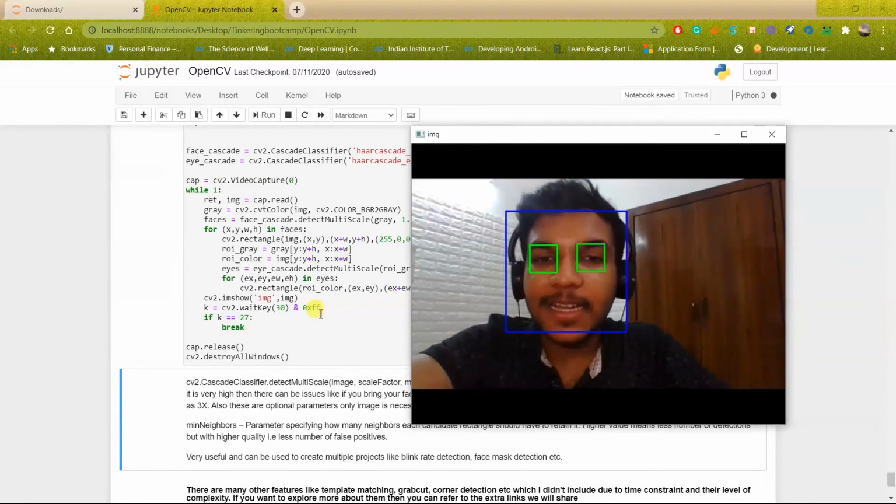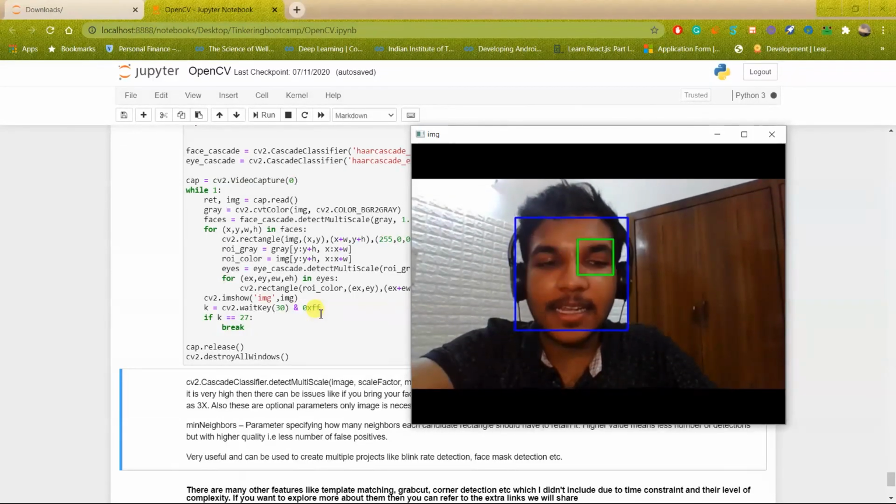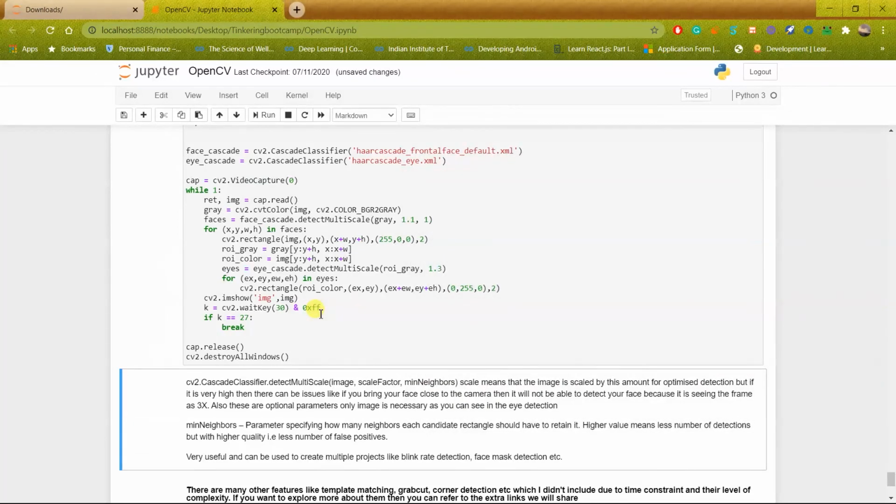So the output is quite nice in this case, and you can use the cascade classifier for multiple projects in which you require detection of certain objects like faces, eyes, or there are many other Haar cascades available on the GitHub link which I have mentioned above. You can go and visit that link and try to find the Haar cascade algorithm which suits you best.